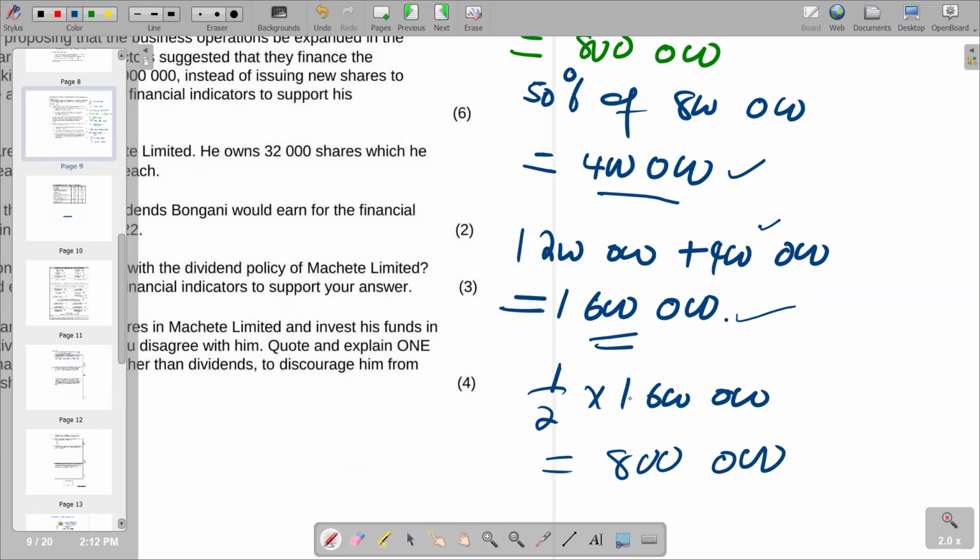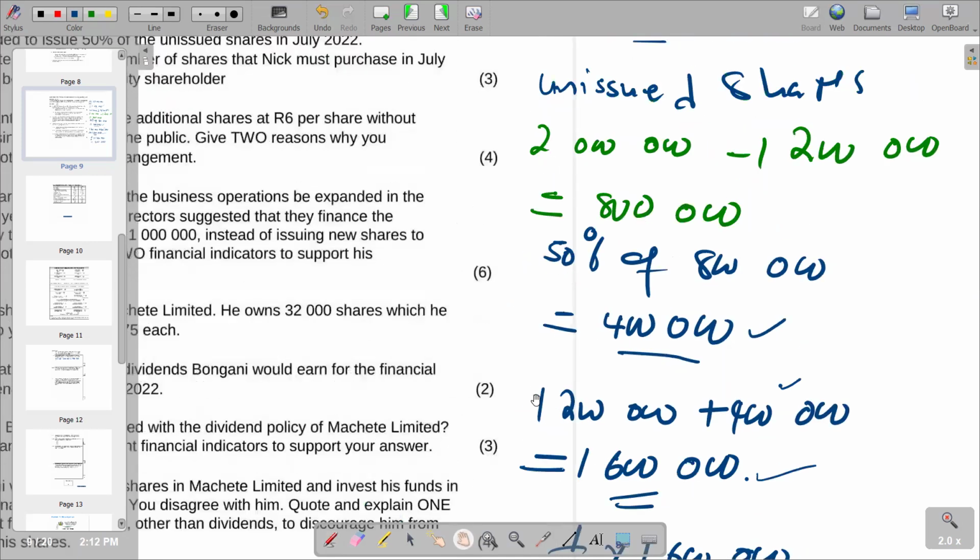So to find the number that Nick needs to acquire, it means Nick needs to own at least 800,000. So we want to see the level that Nick owns at the moment. So if you come here,